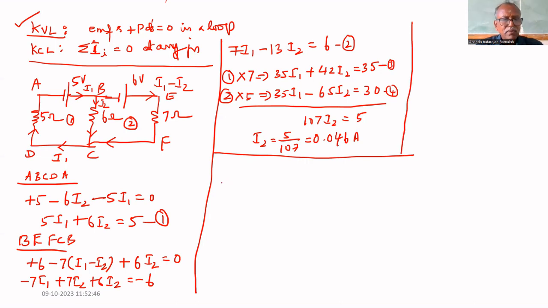Let us solve this sum by using KCL. Before doing that, let us solve this by Millman's theorem. Loop equations. Let us solve this by using